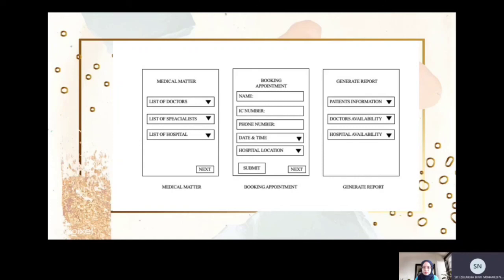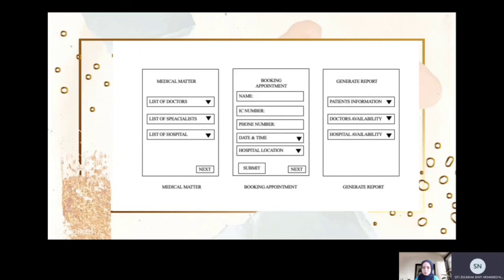In this list there are a lot of specialists in that hospital, so the patient can choose the specialist for a certain illness. And the last one is the list of hospitals. The user can choose which hospital they want to go to, or choose the nearest hospital to them.